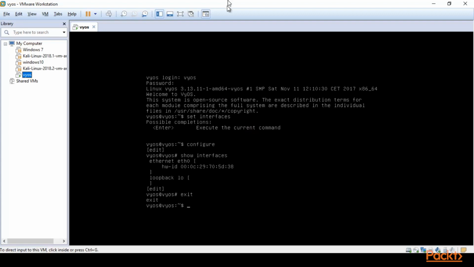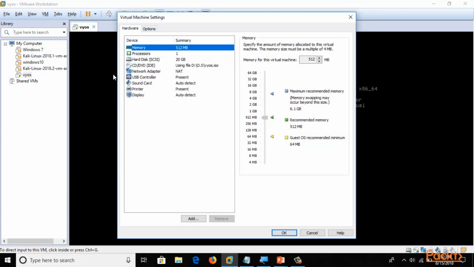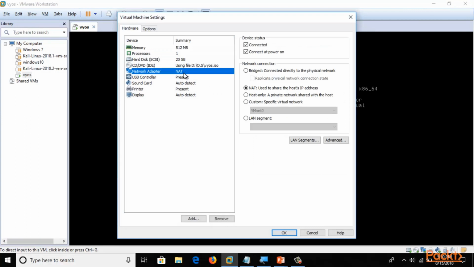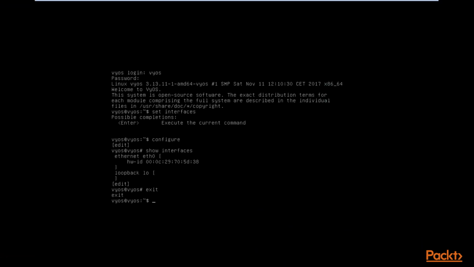So guys, in the previous video we have seen that we have successfully logged in to VIOS, and we were right here. You can see here, if you right click on VIOS and click on settings, it is working on NAT, but the others are working on bridge, so you can simply click on bridge and click OK. Alright, now you can make it full screen. Now let me show you what commands are available here and how you can assign an IP address to VIOS.